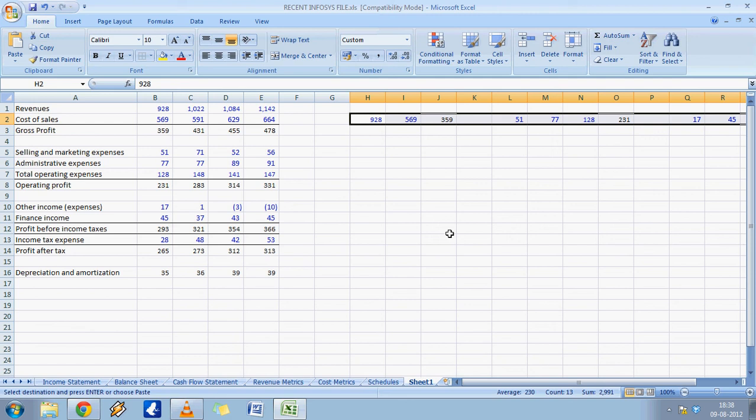So this is the fun of paste special. You need to actually play with it. You need to give yourself a lot of challenges, a lot of examples, and I'm sure this function will be of much value to one and all.